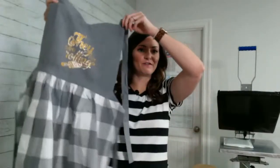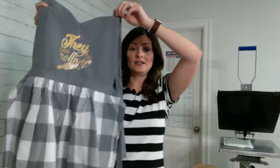but I love these muted colors, especially with the gold and the gray. To me, this makes it more of a year-round piece, but if you wanted something specifically for fall, because it is the gray plaid and the gold, that kind of transitions from basically right now through maybe February,